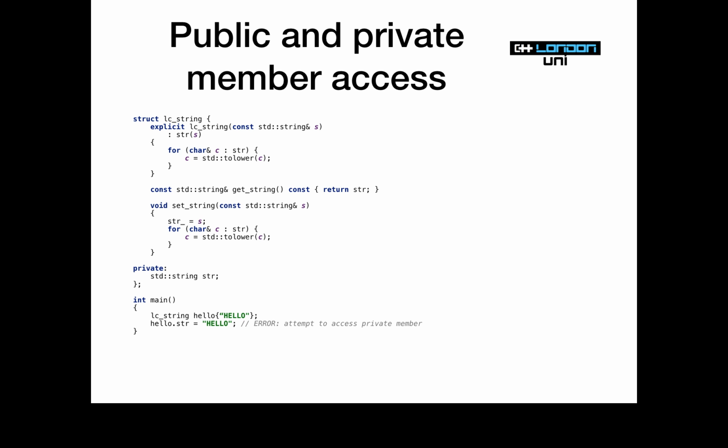So this is the idea behind private member variables. It allows us to maintain our class invariants. So we establish the invariant in our constructor. In our member functions, we make sure that these invariants hold. And by making our member data private, it means that nobody else can come along and mess with our data. They can only access it, modify it via our public member functions, which we write carefully to make sure we always maintain our invariants. And in this case, the invariant is that the stored string is always in this lowercase form.